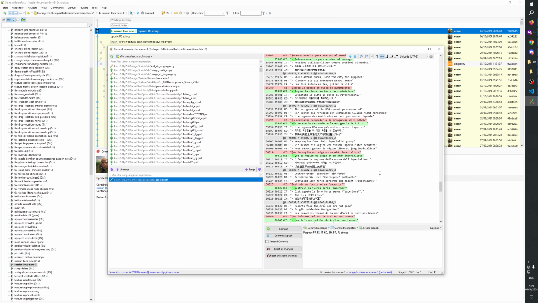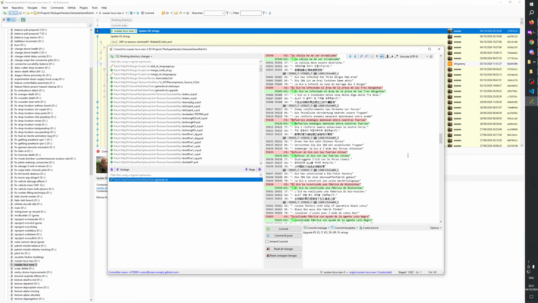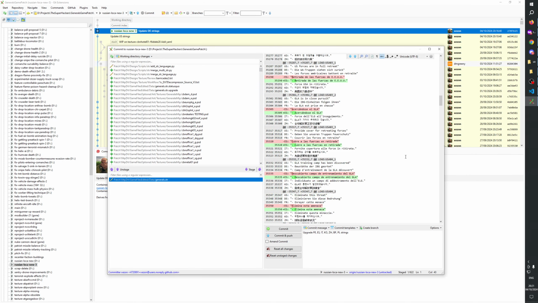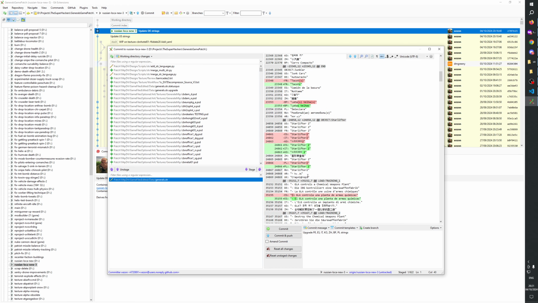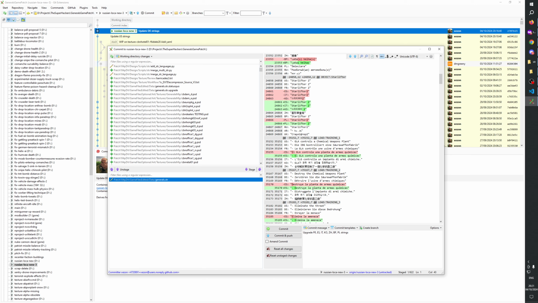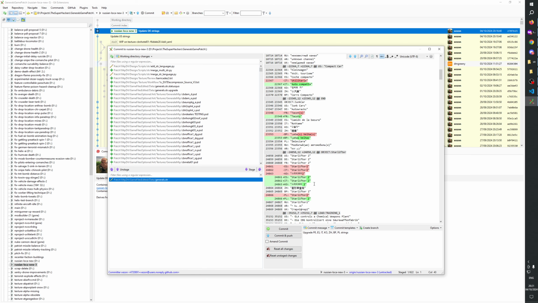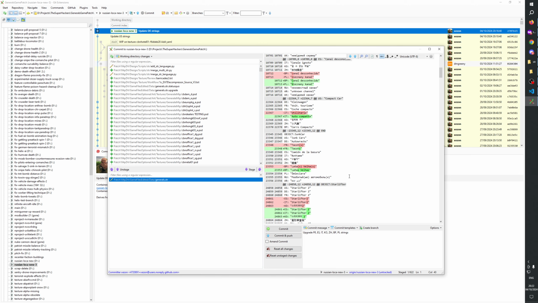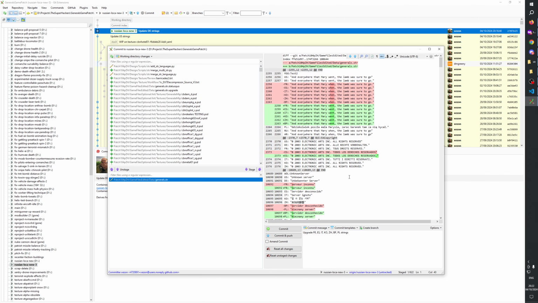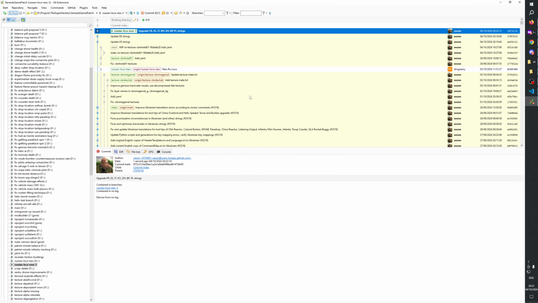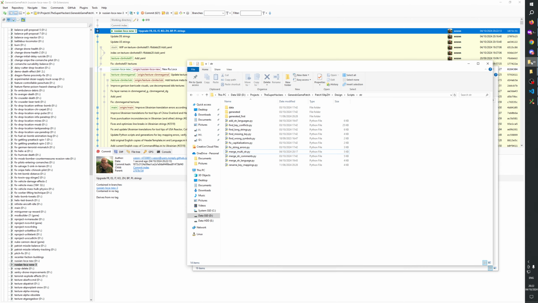Okay, let's scroll once more over this. Yeah, it wasn't really necessary to add the minus here in front of all these things. Maybe not. Okay, let's commit this. And then we can